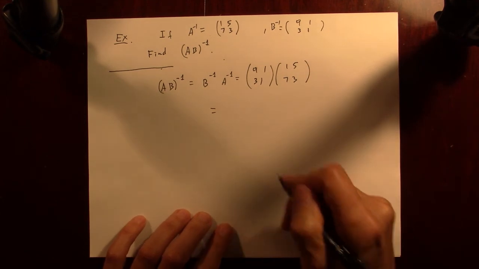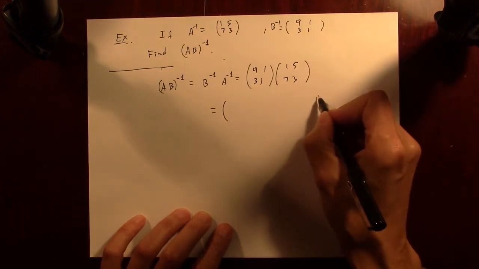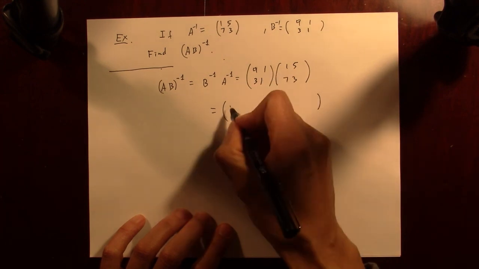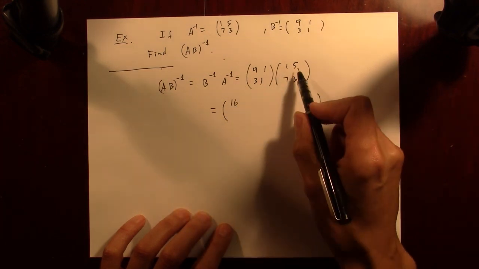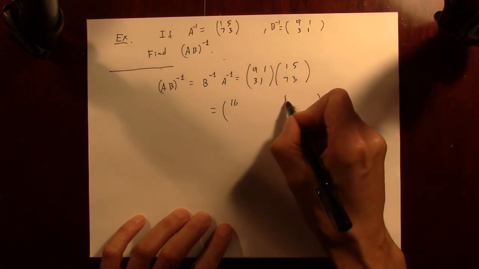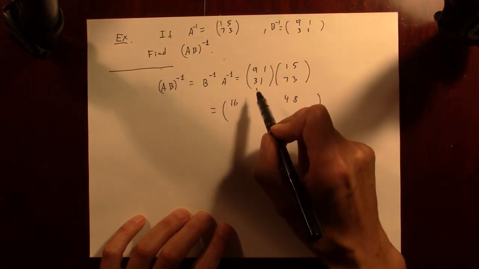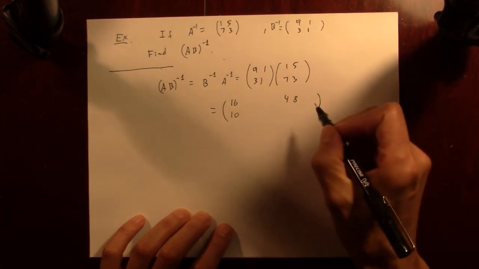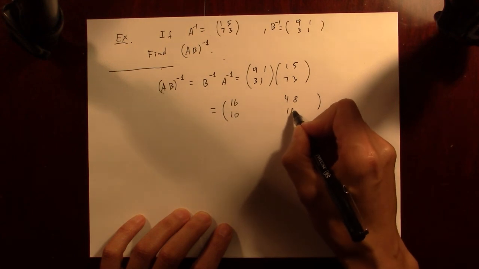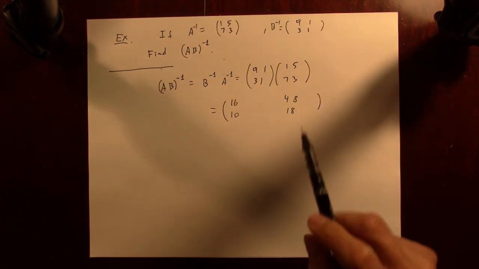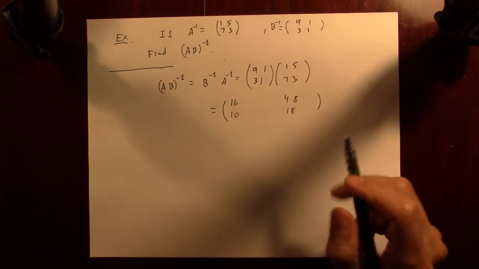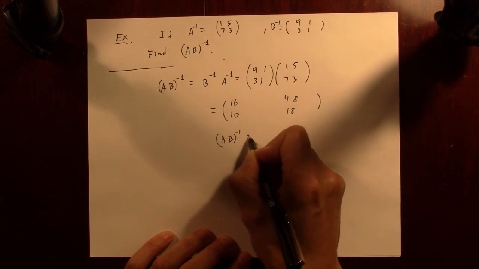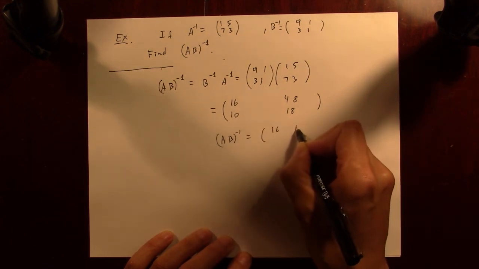That's now regular 2 by 2 matrix multiplication. So we're going to get 9 plus 7, 16. 45 plus 3, 48. 3 plus 7 is 10. 15 plus 3, 18. So we conclude that the inverse of the product AB equals 16, 48,